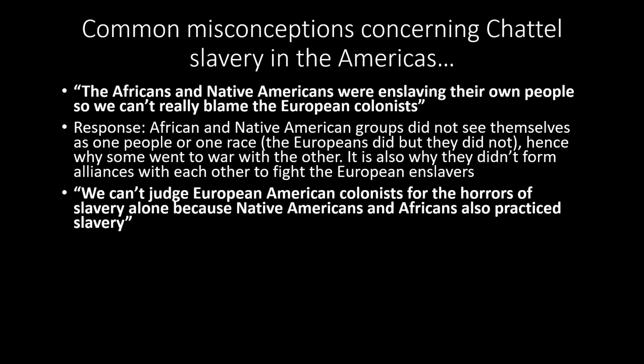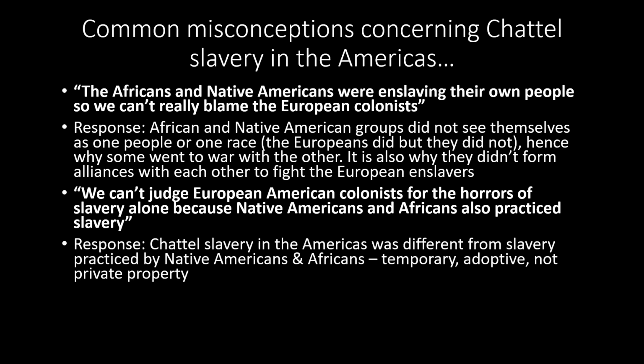Another thing I often hear is the argument where folks will say we can't judge European American colonists for the horrors of slavery alone because Native Americans and Africans also practiced slavery. Again, my response is that chattel slavery in the Americas was very different from the slavery practiced by Native Americans and Africans. And granted, there are some nuances, but generally speaking, in contrast to the chattel slavery practices brought to the Americas,